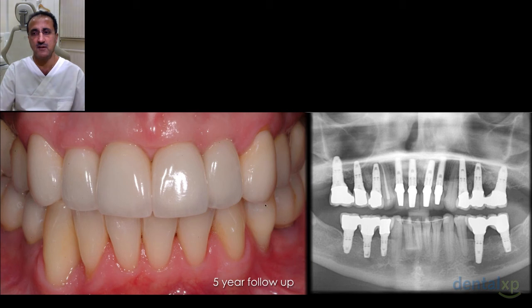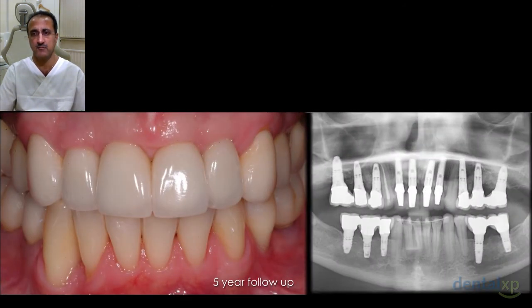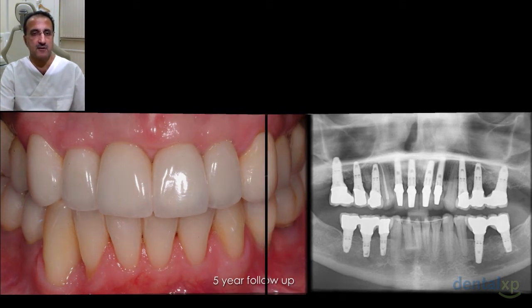As you can see here, you see a nice stable bone architecture around the implants, and massive gain of volume of bone that we've achieved in the anterior. If we go back, you can see what we started with and where we ended up. So you can see it's a massive improvement and gain of bone, majority of which is the native bone of the patient, which has been brought down through the extrusion of the roots. So this is now